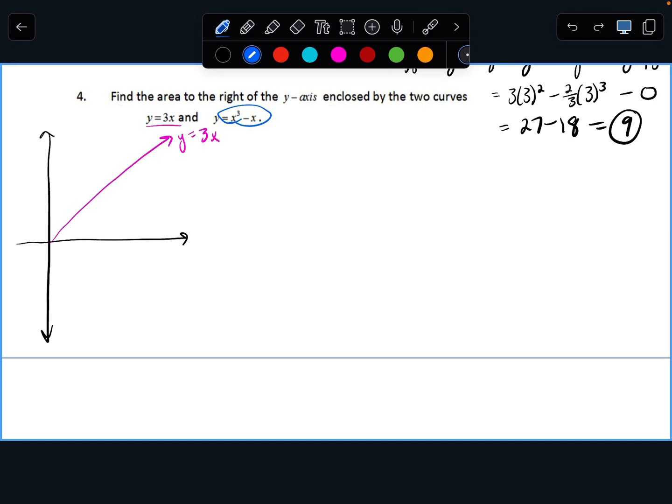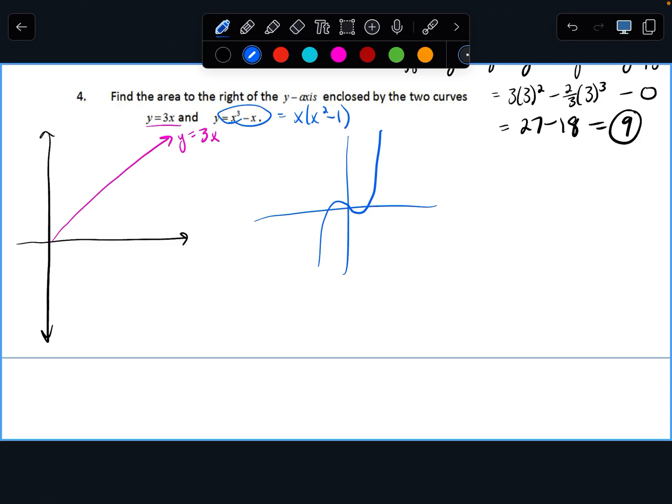Honestly, you just need to know if it's above or below that. So the parent graph for cubic, like x cubed, is like this guy. Oh boy, that was bad. Like this guy, right? That's x cubed. So minus x is just going to adjust. I mean, another thing you can think about is this,